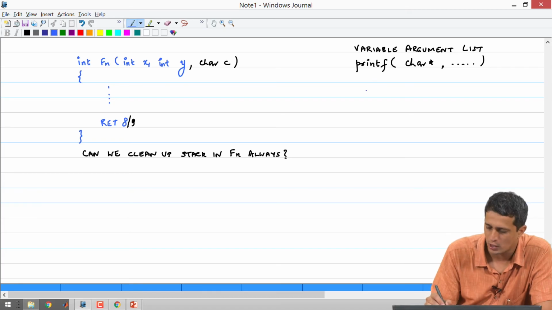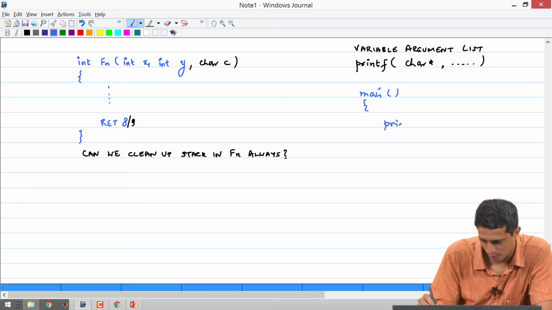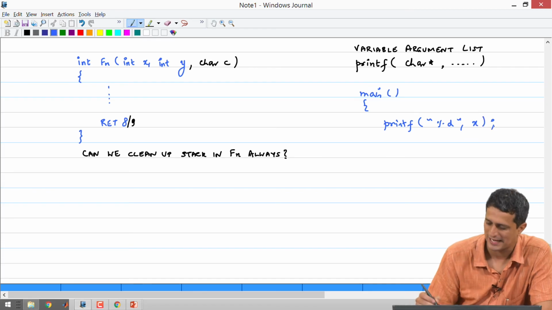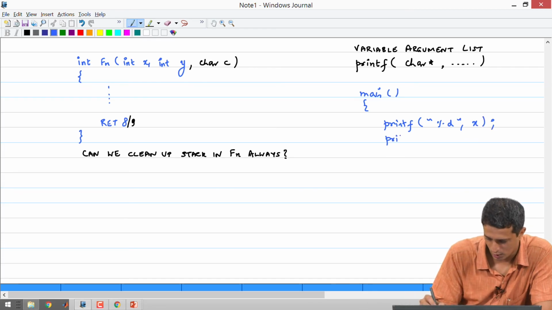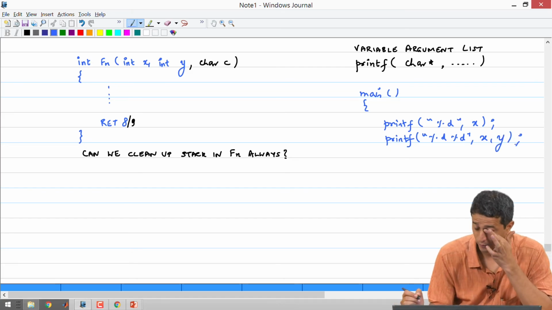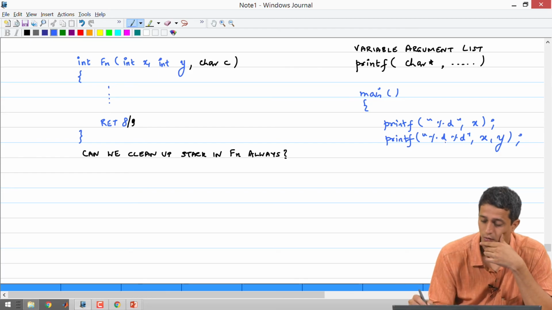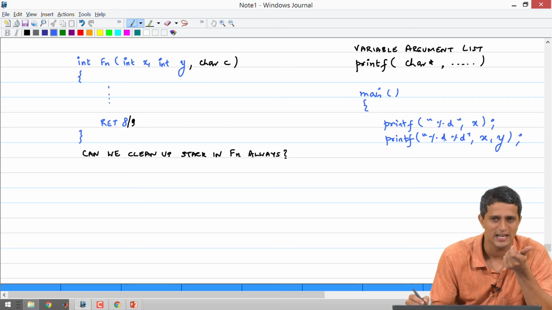So, for example, if I wanted to call this in my main, then I could call it in the following way: printf some string %d comma some integer x, right, or I could call it as %d %d comma x comma y, right. So, depending on what my character string is and how many percents I have in that, I need to